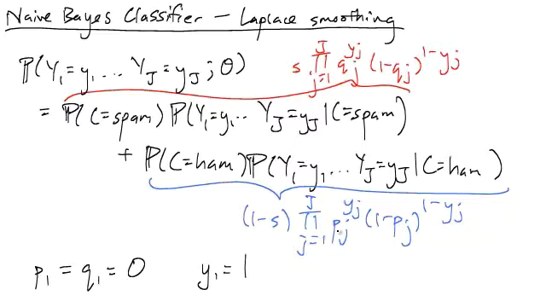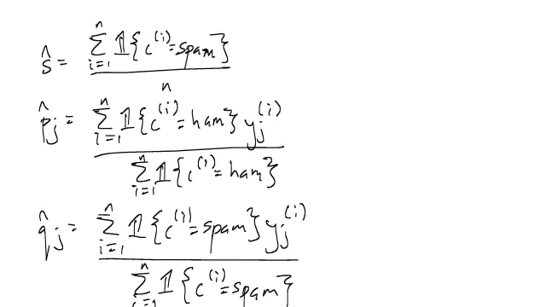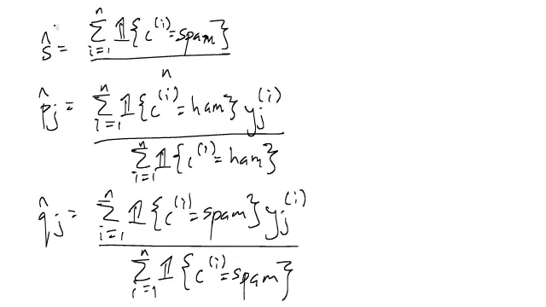Well, one way to fix this problem, which is Laplace smoothing, gets back to an idea we saw when I talked about estimating the bias of a coin if we put a prior on the probability of heads for that coin. And the result of the calculation was it was the same as introducing pseudo counts, which are basically fake observations that never happened. So how does that work for the naive Bayes classifier? Well, here are the ML estimates for the parameters for the naive Bayes model. If we introduce pseudo counts, here's one way to introduce pseudo counts, is the following.